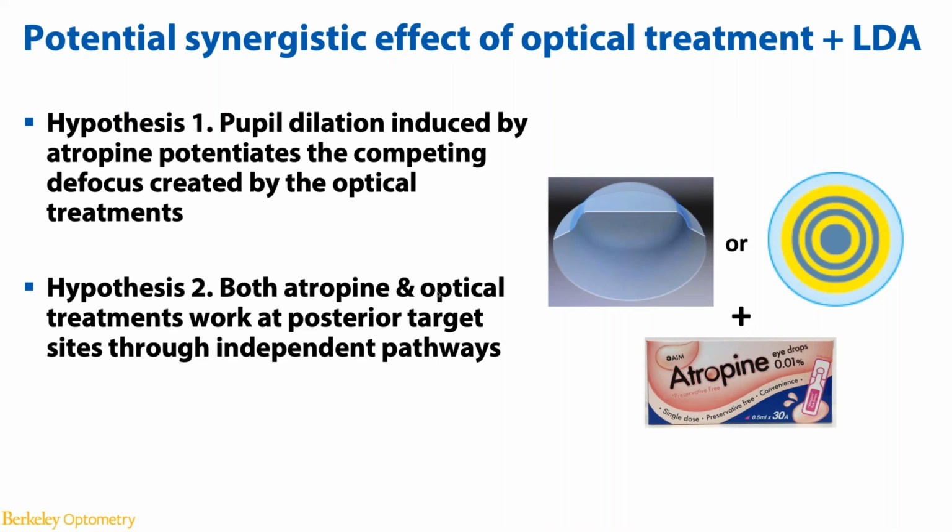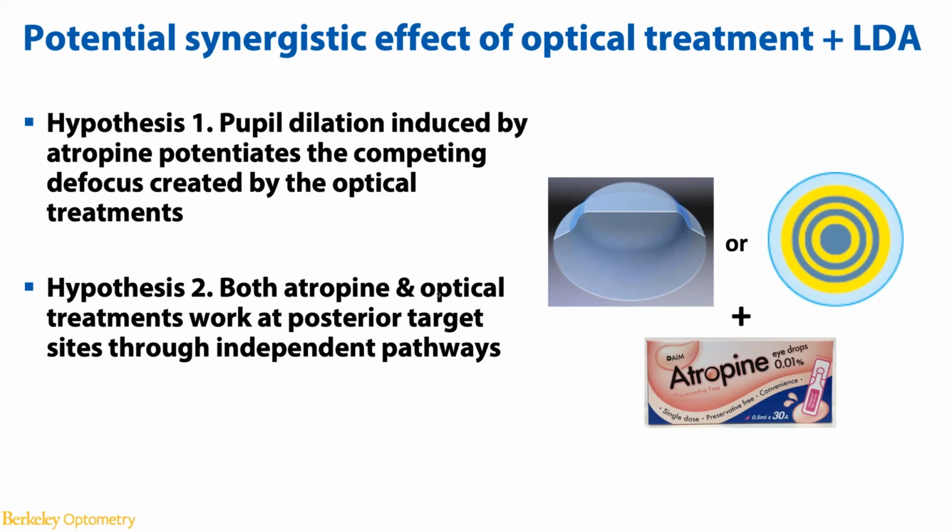If this hypothesis holds true, then it has to be low-dose atropine instead of any other dilating drops. Currently, we don't really know whether it's the first, the second, or both hypotheses explaining the apparent synergistic effect between the two. But I want to bring this to everybody's attention, because this is something we as clinician researchers are striving